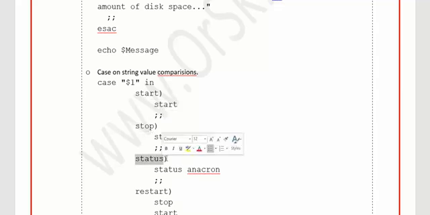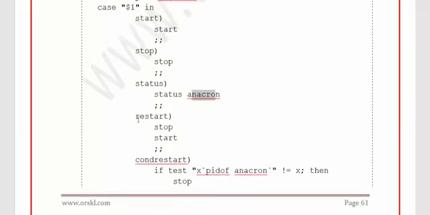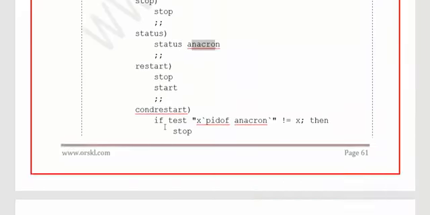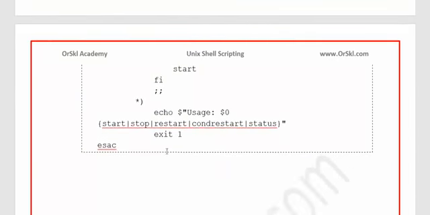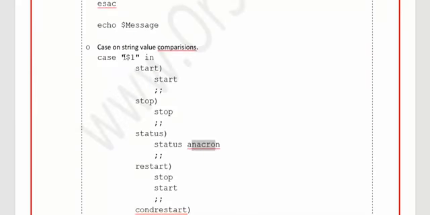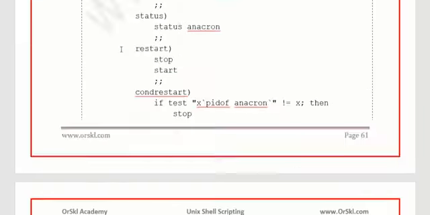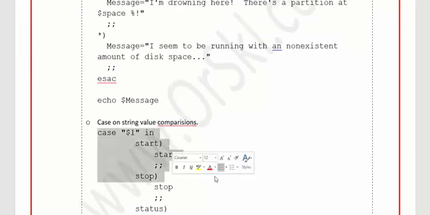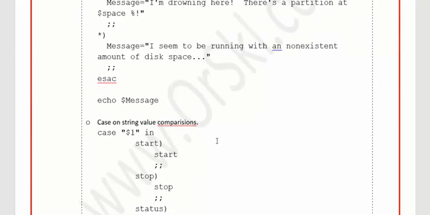If you write status as an argument, it will show you the status of whatever file you call. If you say restart, it will stop and start. So something like this. So you can definitely use start, stop as well. And if you want to run a condition statement directly on the argument that you want to pass, definitely use the case statement that way as well. Alright, this is what we will be using in the script. That's the reason I'm not showing you this exactly now. But we are going to use this when we develop scripts in the coming sessions, that is the 7th chapter. So you'll have to just wait until we come to a stage where we use the case statements.